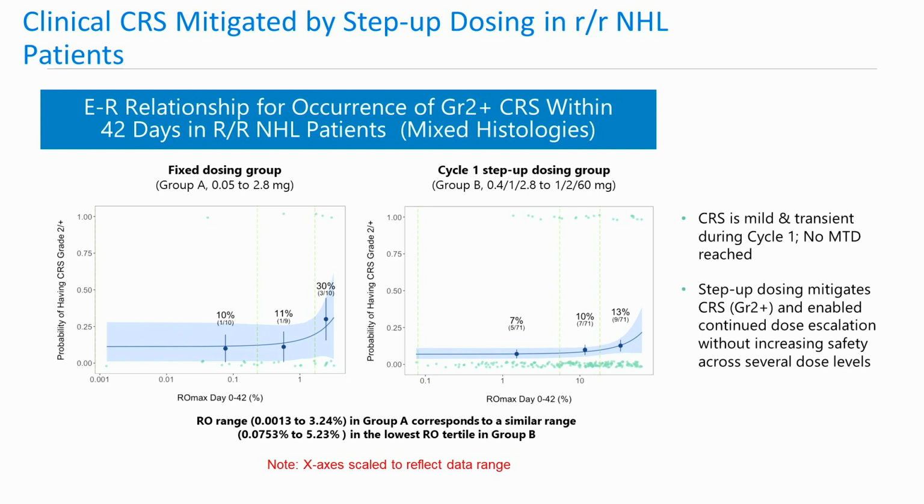with increasing exposure. However, when switched to the step-up dosing on the right, despite going to greater than 20-fold higher dose levels, the CRS rate did not increase significantly, indicating the CRS mitigating effect through the use of step-up dosing regimen. Essentially, the step-up dosing shifts the exposure response curve to the right, via which the therapeutic index was expanded. Notably, the CRS was mild and transient. No MTD was reached across 3 orders of magnitude of dose ranging.